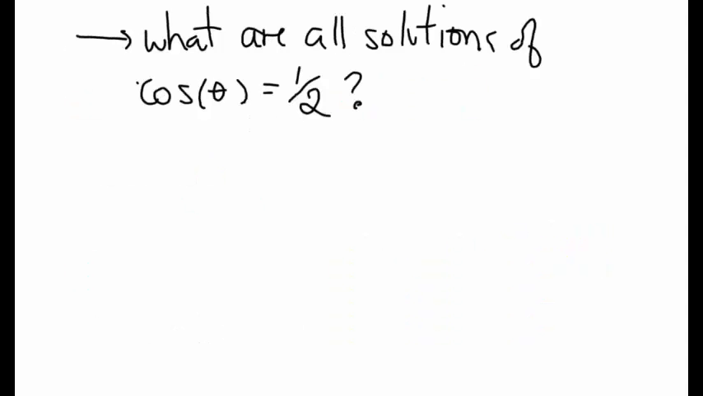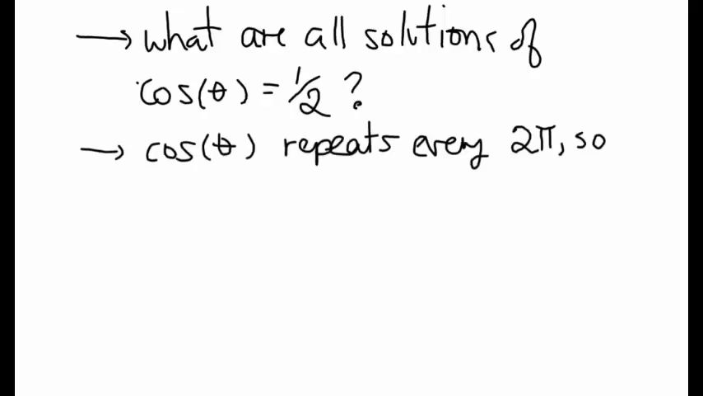Now that we solved the equation cosine of theta equals 1/2 on the interval from 0 to 2 pi, we might ask ourselves the question, what are all solutions to the equation cosine of theta is equal to 1/2? So what we're going to utilize here is the fact that cosine of theta is going to repeat every 2 pi radians. This means that our full solution for our original equation is theta is allowed to be the value